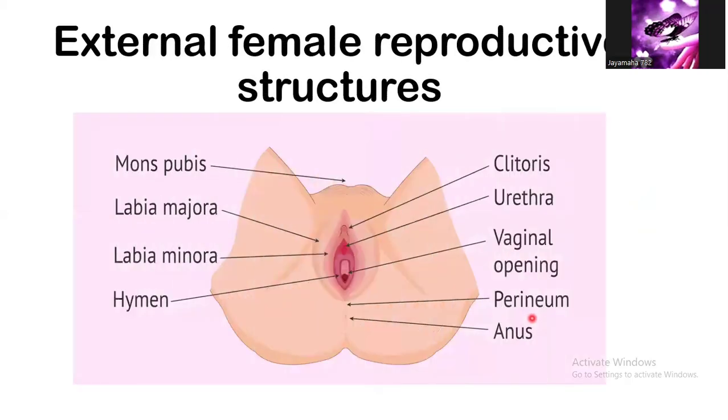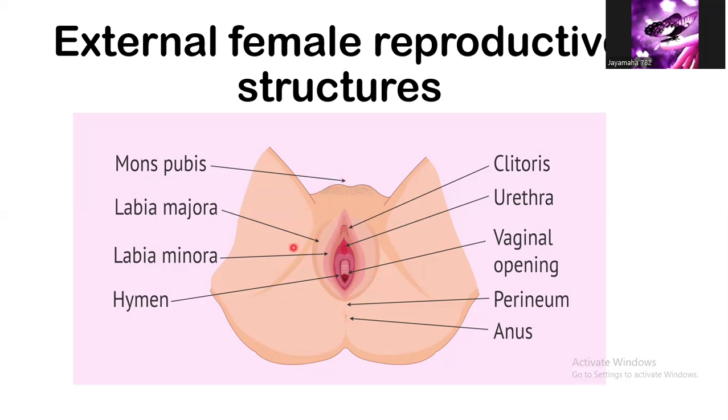Now let's study the external female reproductive structures in this slide. From this picture, you all can see here is the mons pubis, this is the labia majora, here is the labia minora, this is the clitoris, this is the urethra, here is the vaginal opening, this is the hymen, here the perineum and the anus. When we study in detail, the mons pubis is fatty tissue covering the pubic bone,